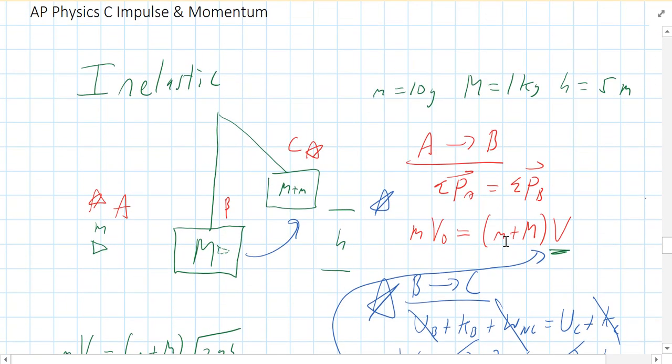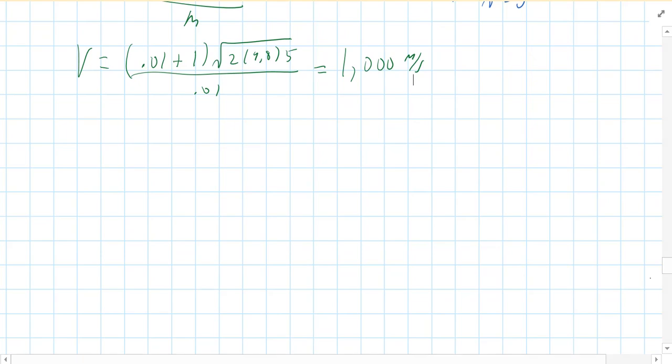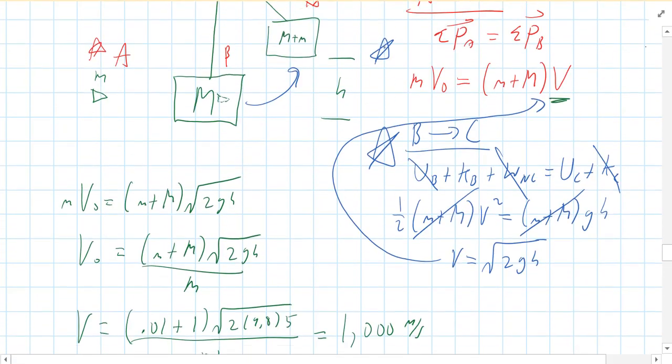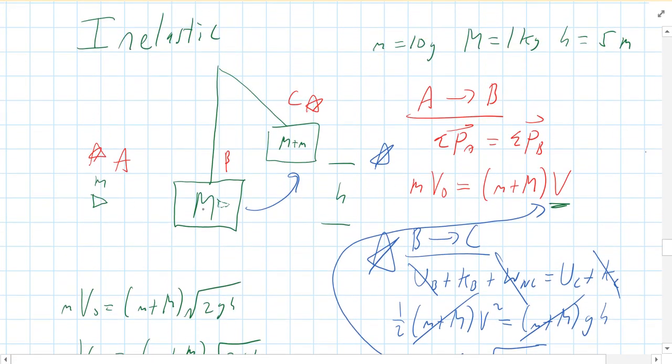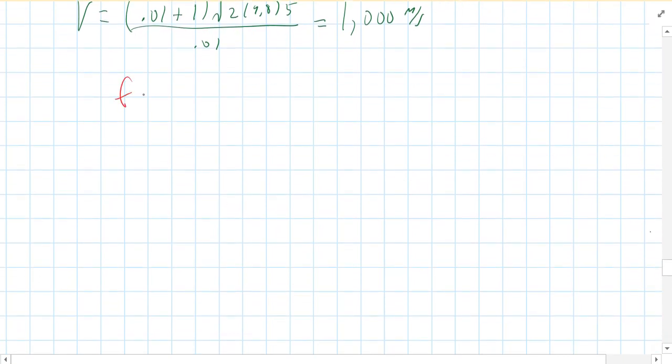Part 2 is, and you'll see wording similar to this in some of your problems. What fraction of energy is lost? Because we said energy is not conserved. What fraction of energy is lost when the bullet embeds itself in the block? So if we want the fraction